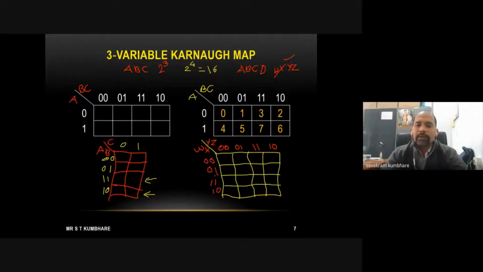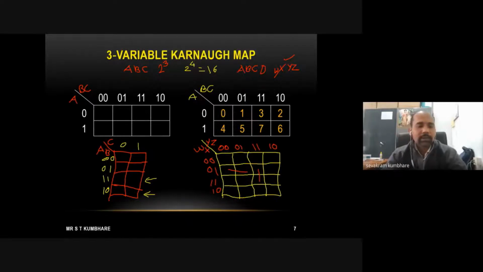Now if you want to verify whether it is really changing in one variable or not, if you see these 2 cells, what will happen? W is 0 and 1 in these 2 cells. So W and X are not changing. But here Y is 0, Y is 1. So Y is also not changing, but Z is changing. So here also only one variable is changing. If you consider these 2 cells, here W is 0, W is 1. So W is changing. X is 1, X is 1, so X is not changing. Y is 1, Z is 1, so these 2 also not changing. So only W is changing in these 2 cells.